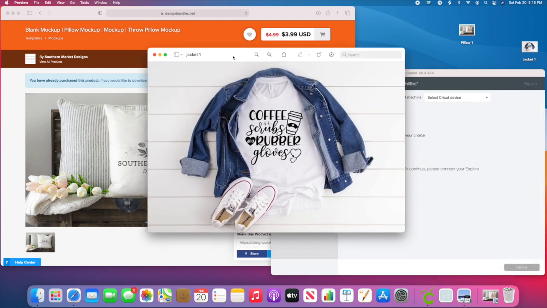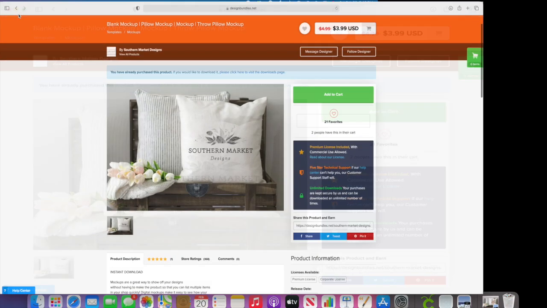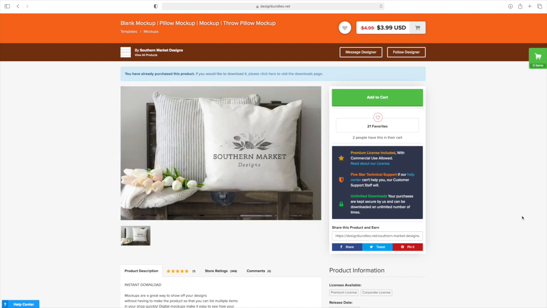Now, once again, I want you to notice that it does not look grainy like it did over there on Cricut. So it comes out very nice, super clean cut, and that's a way to use a free product, our Cricut Design Space, to work with these mock-ups. The mock-ups come in handy, and like I said, you can get so many different types of mock-ups, whether you're working with stickers, tumblers, jackets, t-shirts, whatever it is. Check it out. Type in mock-up and then type in stickers, sticker sheet, etc.